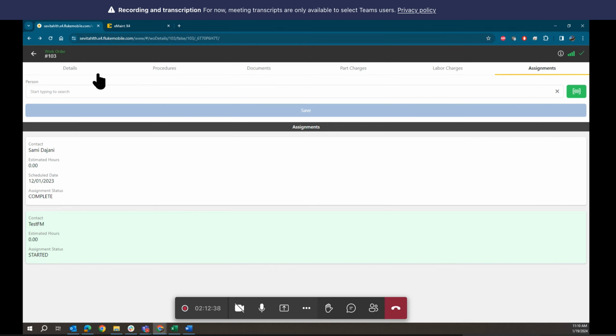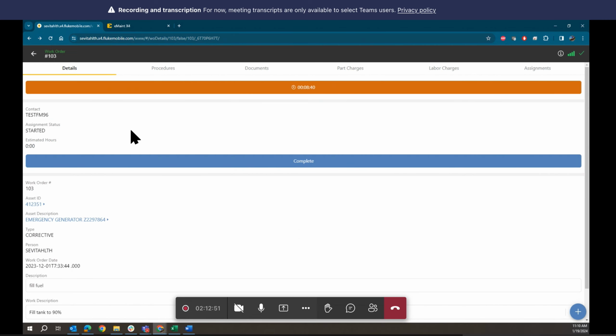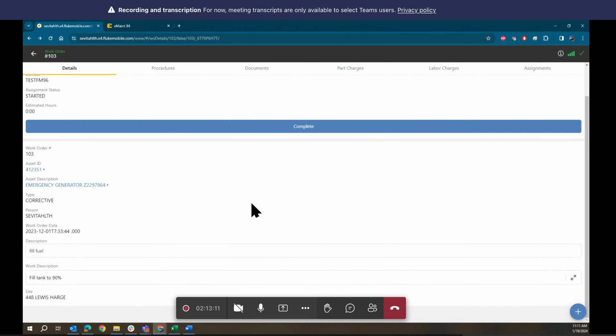Okay, so you need to go to each of the tabs and complete the information that you have, and then after that you need to go back to the details and click here, complete. When you complete this, the system is going to save the time that you spent, I mean the labor charges for your user. Okay, it's not here, but